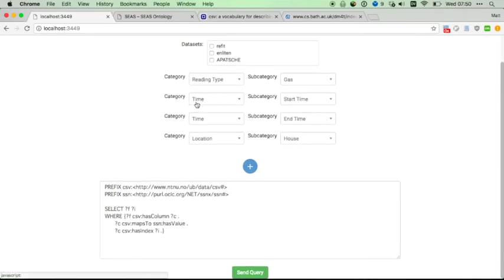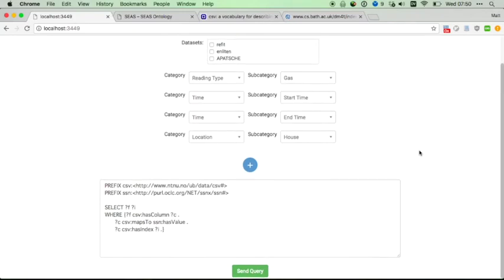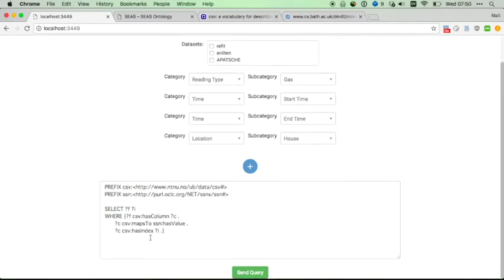And so once we've added these, they are converted into RDF triples and translated into a Sparkle query, such as the one down here. And then this is used as a query to our Sparkle endpoint. When you click Send Query, it will send this query to the Sparkle endpoint, and that will look at the CSV metadata that we've added previously, and it will say which CSV file contains the information we want, and what columns in that file contain the information we want. And the columns from that file will be streamed into this interface,